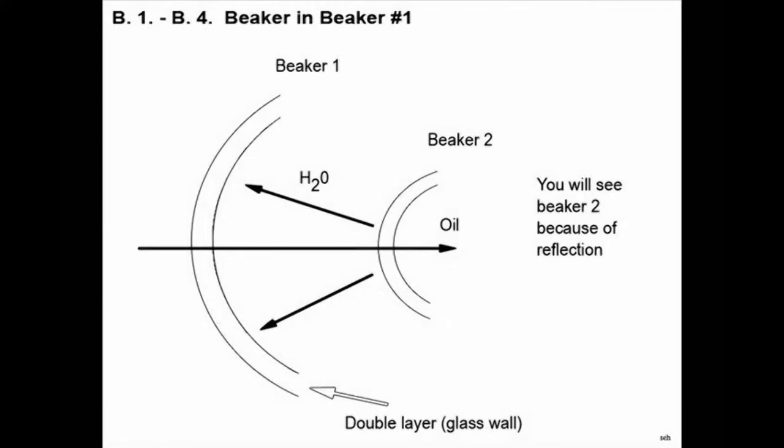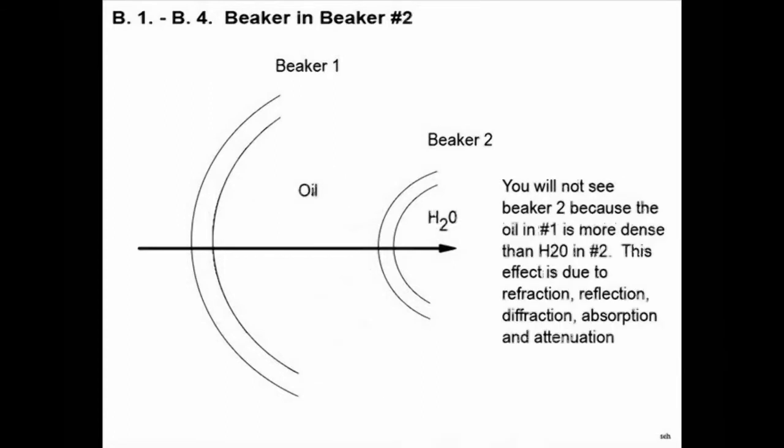or a sound wave or anything go in this, we use light sound. If you see light go in this beaker, because this is much denser than this medium, some of it is going to go into that medium, but most of it is going to be reflected off that medium. And you're going to see this beaker in it. Okay? Now, the opposite way